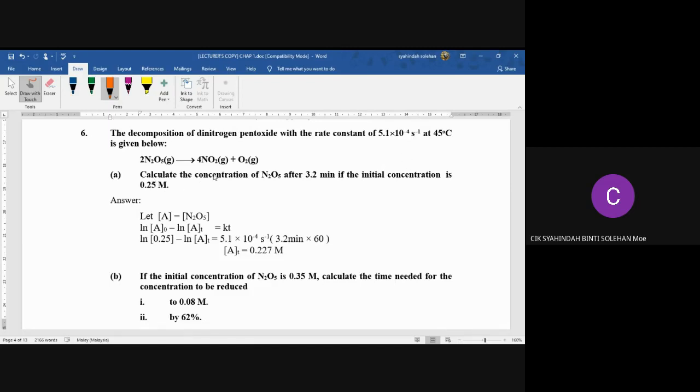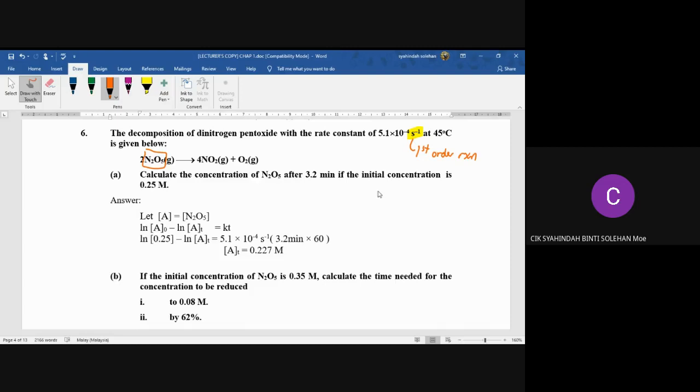Alright, kat sini pun dia tak bagi tahu direct kamu punya order of reaction, tapi you boleh tahu the order of reaction if you look at the unit dia per time. Kalau unit per time, you should know already that kalau rate constant unit dia per time, it is a first order reaction. Okay, so bila soalan suruh kamu cari final concentration of your N2O5, okay, after 3.2 minutes,